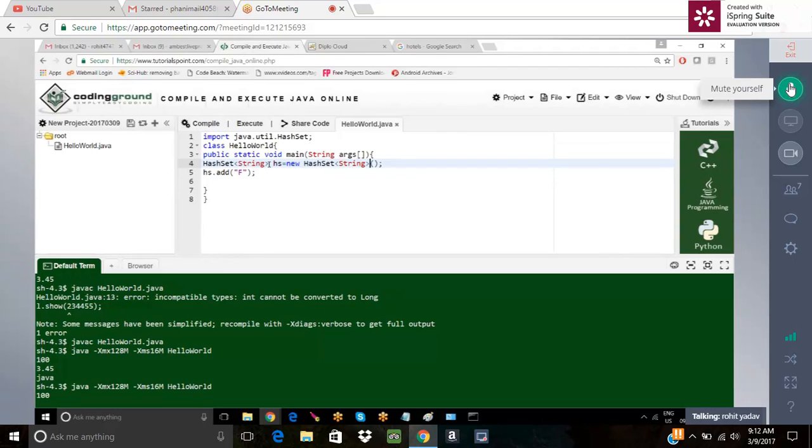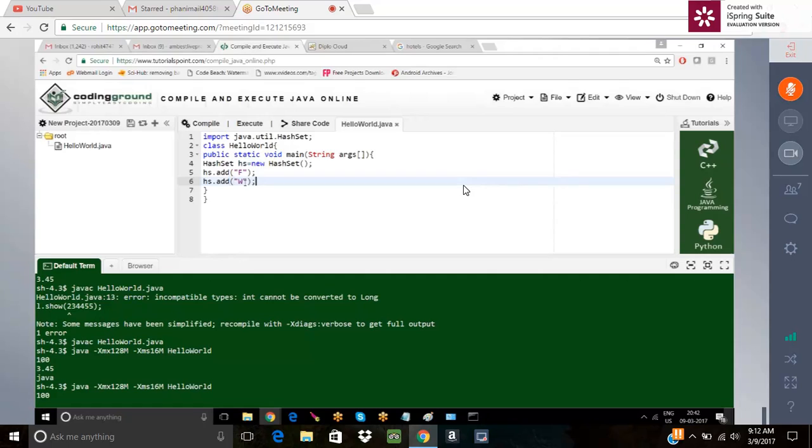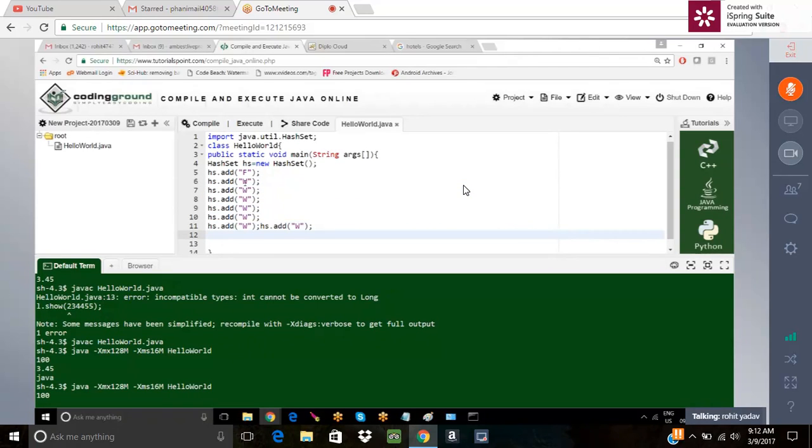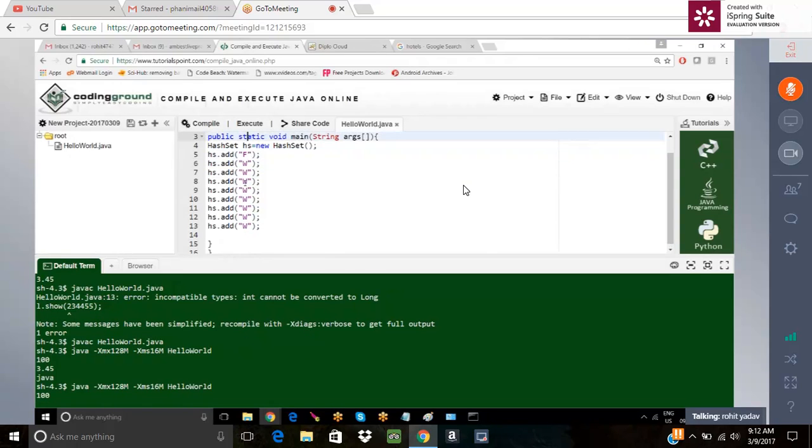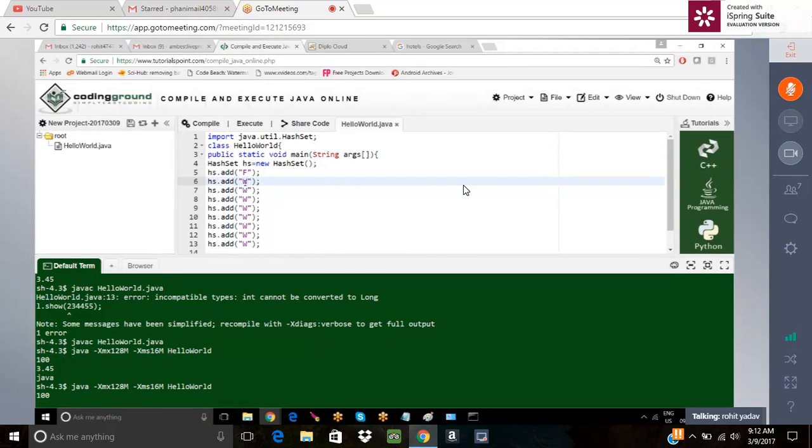So here, if you don't specify string, what will happen? Heterogeneous elements will be considered. Say this HS can add this particular F, or it can add this particular W, and just copy pasting those things, you can say. Now in this thing, F is there, W is there, and now after that F and W,